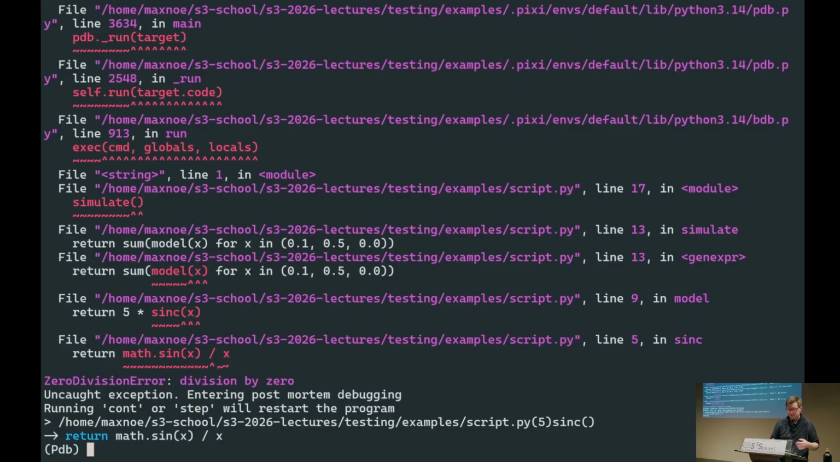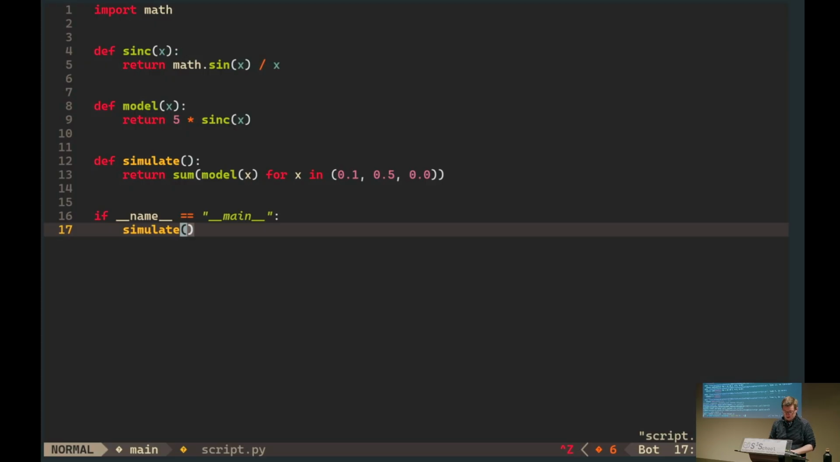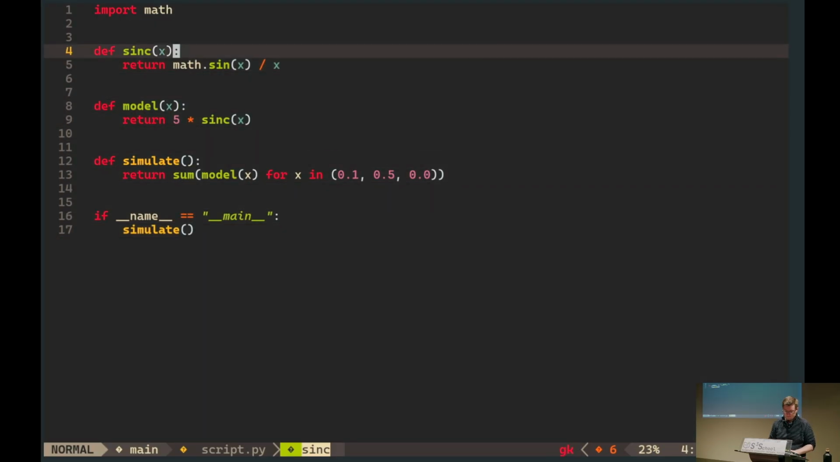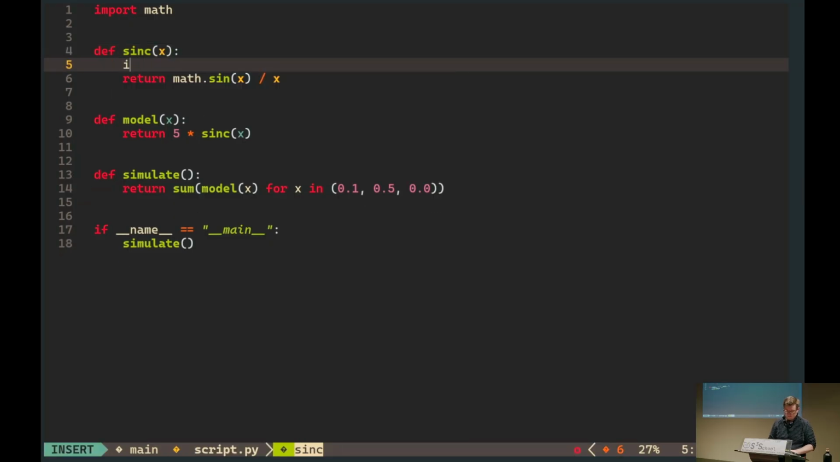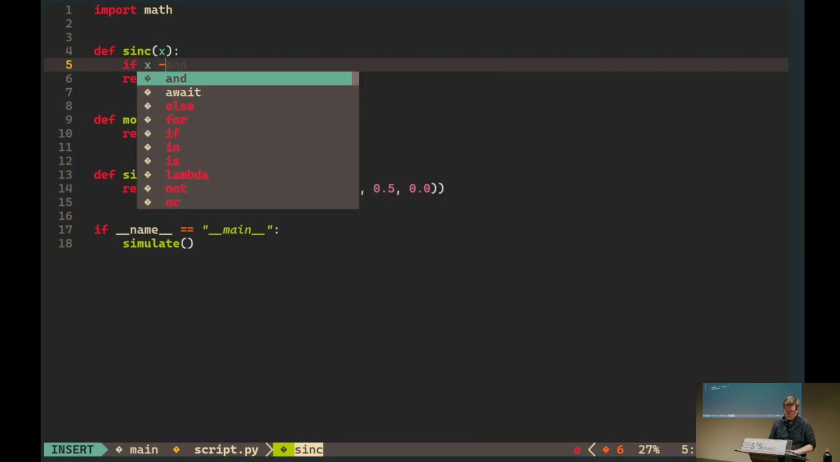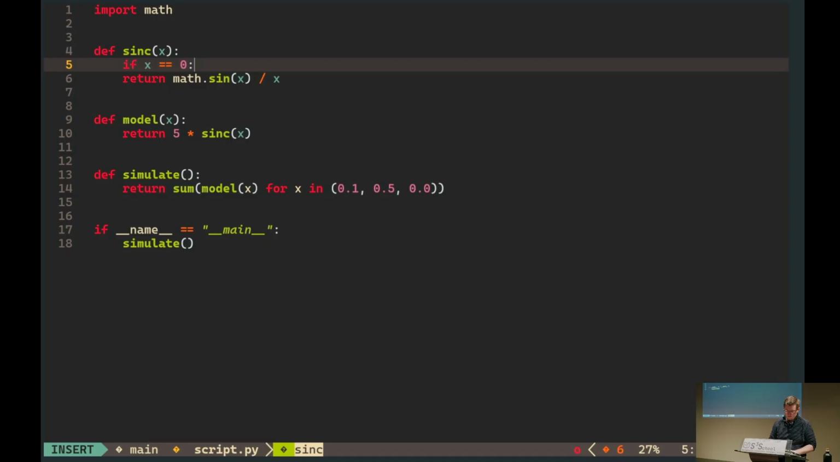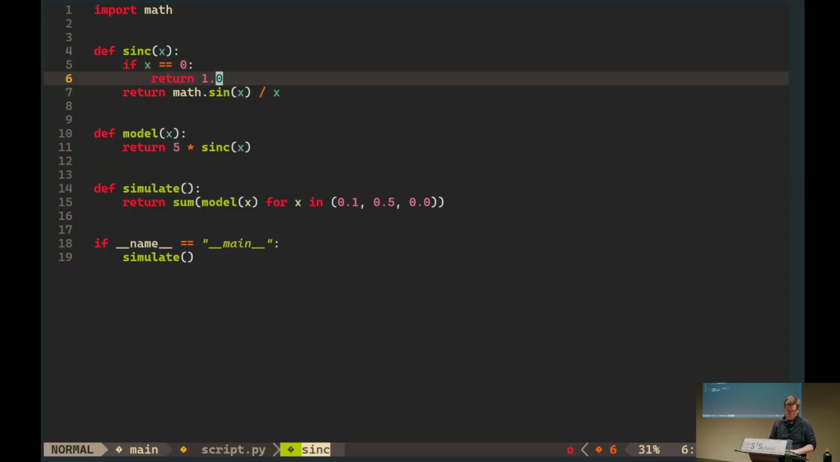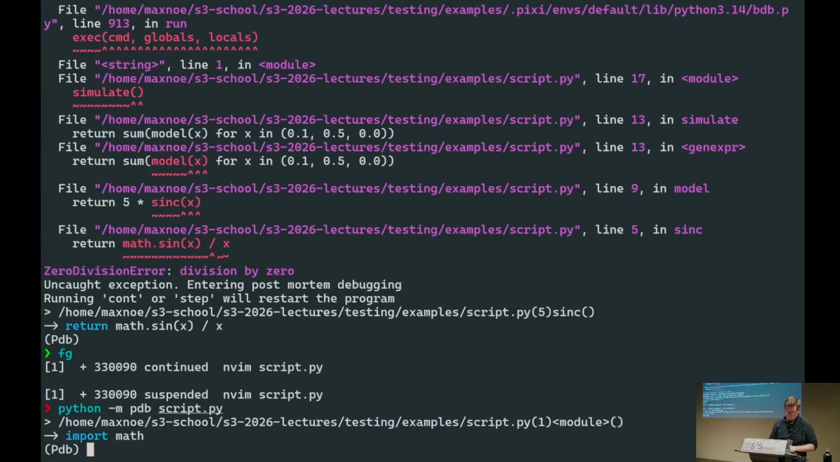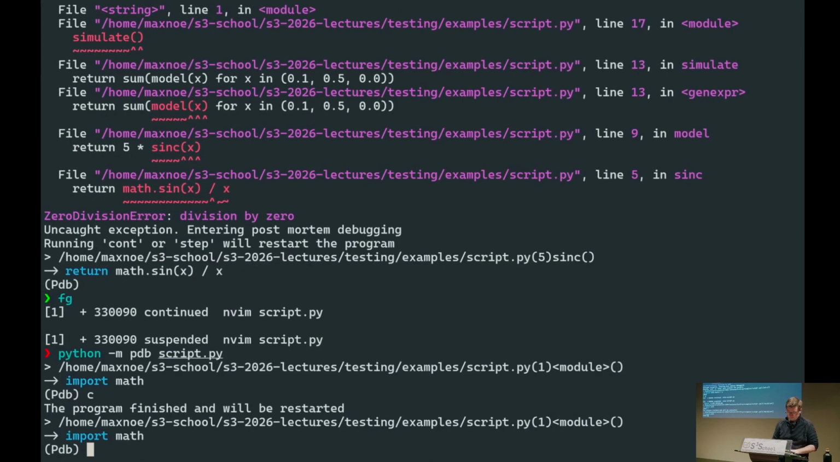And then at some point I can just say, okay, now I understand what happens. I need to do this. And then the script just works. And of course, this is a very simple example, but this debugger is immensely powerful to step through this. What you can also do